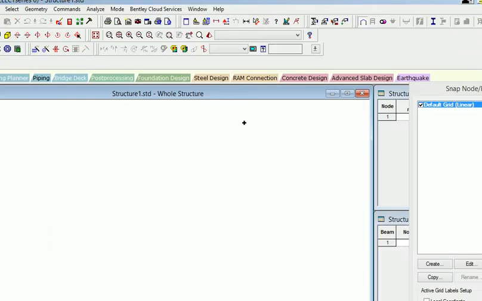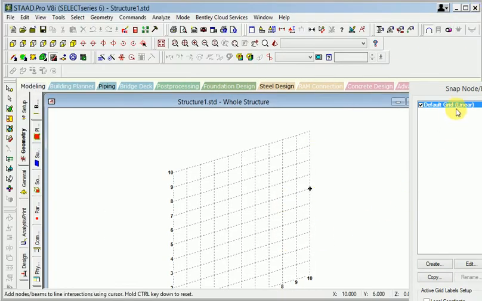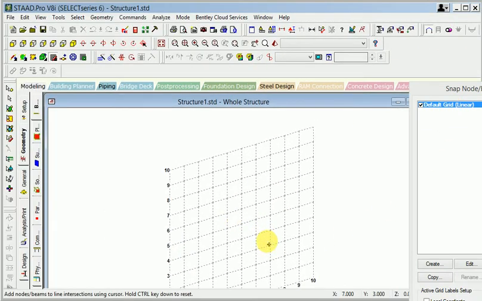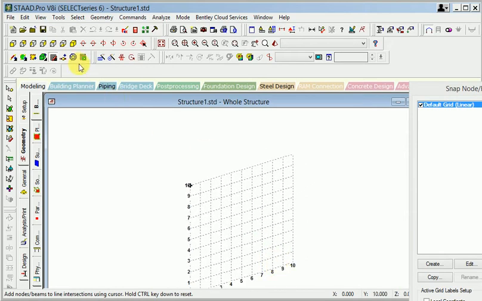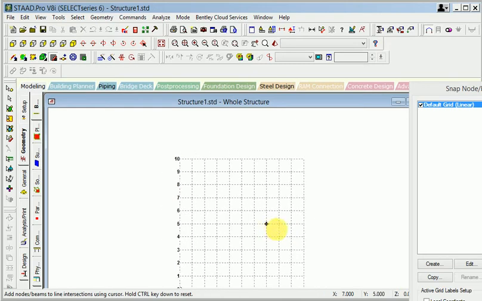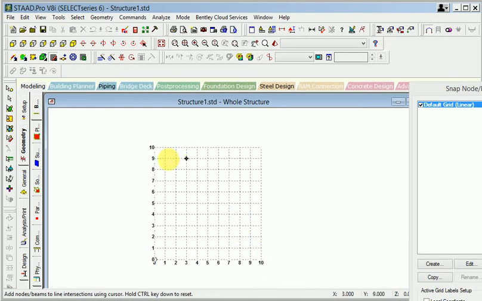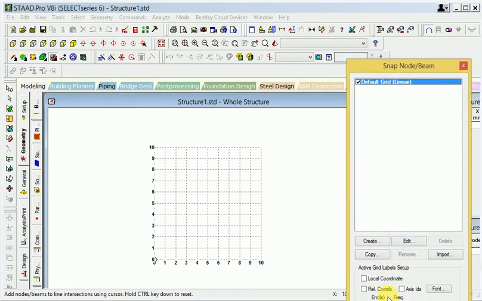Here you can see that this is the Start Pro background. First of all, I set the view presentation. You have front view, back view, side, right, top, bottom, isometric. When I get front view, this is front view. If you want to change the distance, here you see 0 to 10 and 0 to 10. X direction is 0 to 10 and Y direction is 0 to 10, but I want to increase it.